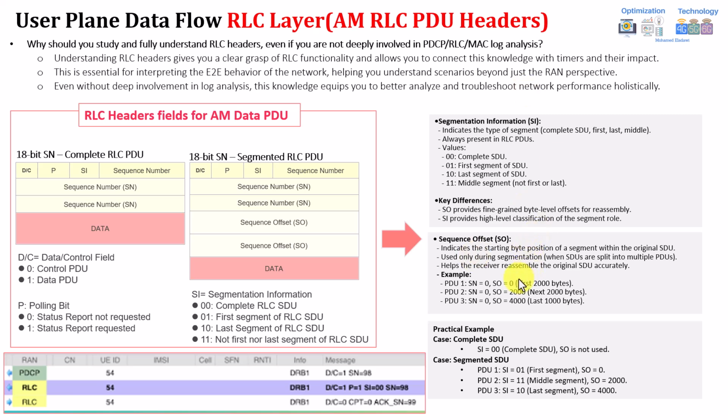But it will tell it, for example, the SO, which is the segment offset, is 0, meaning my packet starts from 0, for example, to 1999 bytes. Then the second one tells it my packet starts from 2000 and goes to 3099. Then this one will tell it starting from 4000. So it's just telling the bytes captured by each of those packets. Try to understand this very well, because this will make the next slides easy.